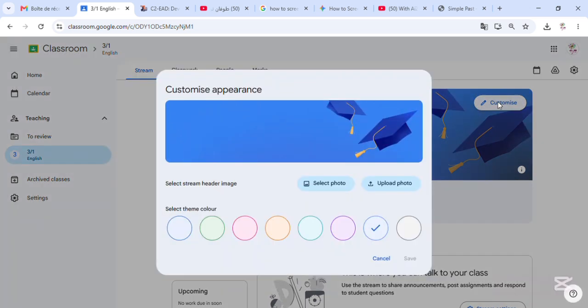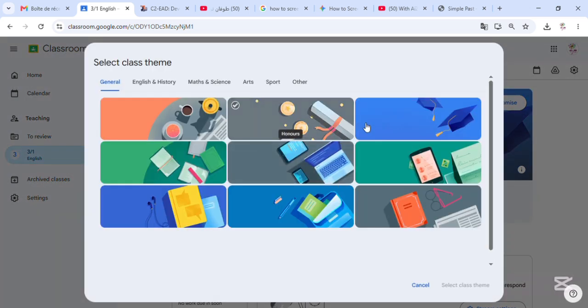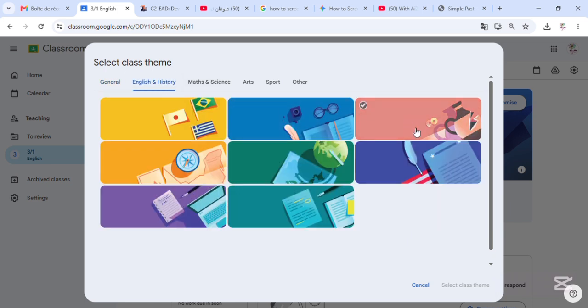Okay, I can customize it using different photos. I can use this or that. I'll go for, let's say, this is all I have. English and history. Let's say English and history.